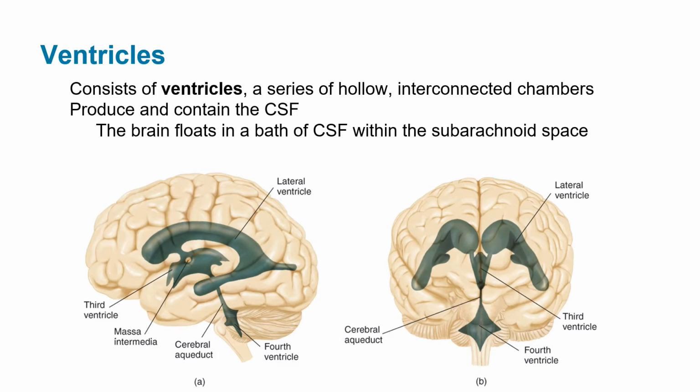This is important, because the brain floats in cerebral spinal fluid, it actually makes the brain lighter. The brain doesn't push down on the spinal cord and the brainstem as hard as it could, because only about a tenth of the weight is coming down on that. The neck does take in all of the weight that's on your head, but the brainstem and the spinal cord only get about 10% of the weight of the brain. Okay, let's look at these ventricles.